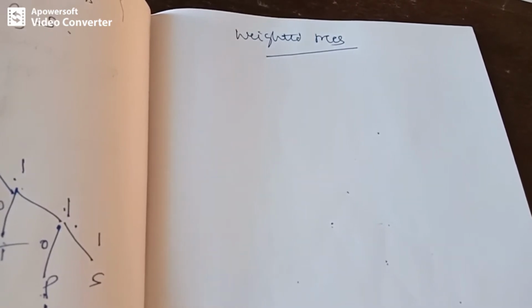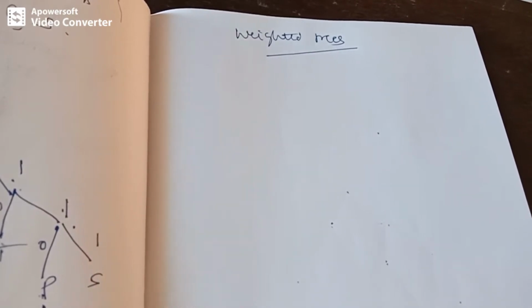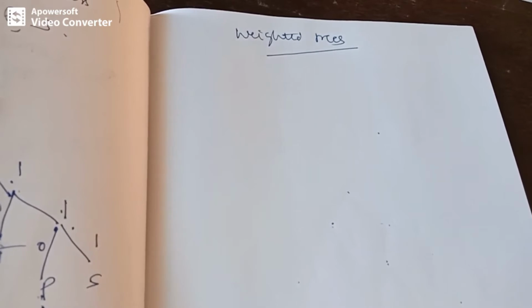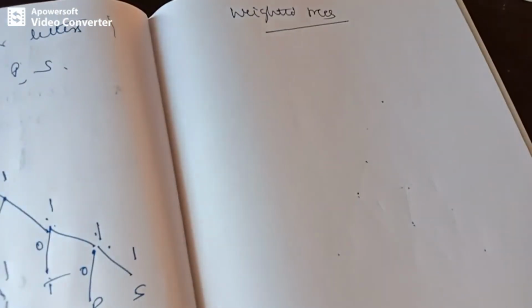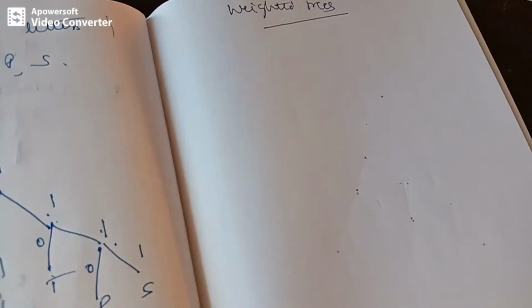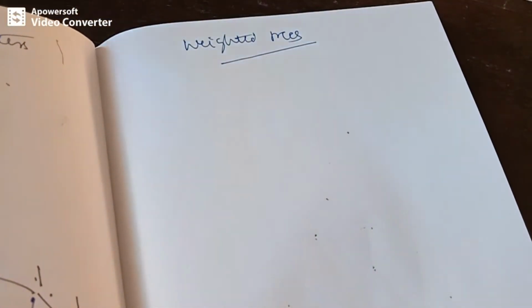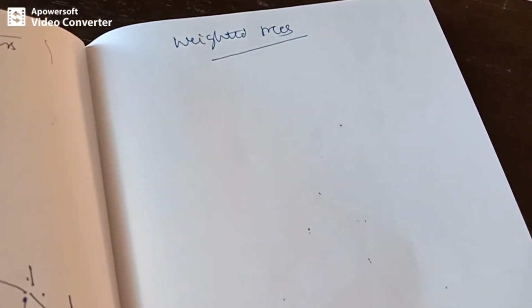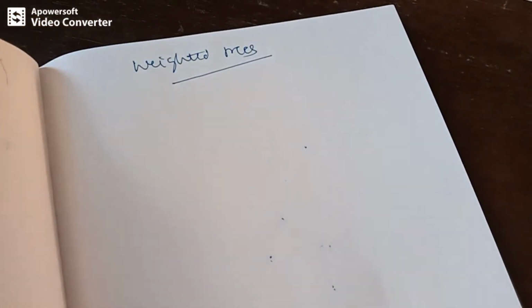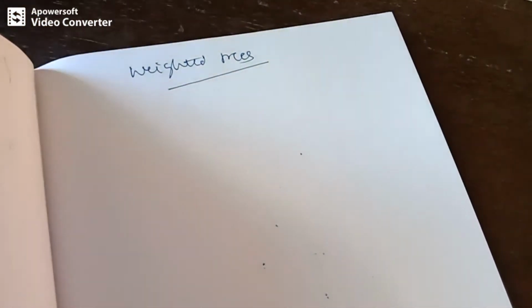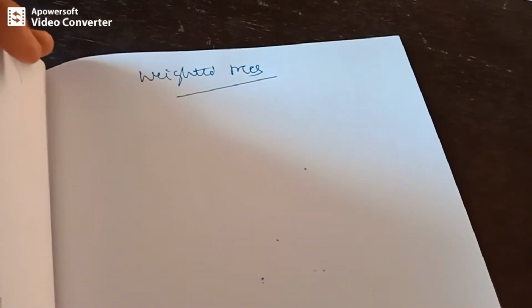So we'll see the definition of weighted tree first, and then we'll move on to complete weighted tree, and discuss some concepts related to the weight of a tree as well as some examples related to weighted trees. After that, let's move on to the construction of the optimal tree with some examples, and how we construct the optimal prefix code for a tree will be discussed after this.